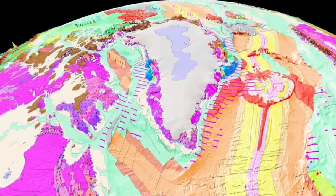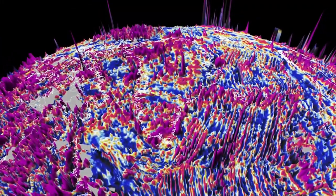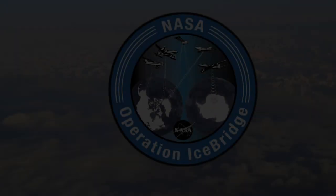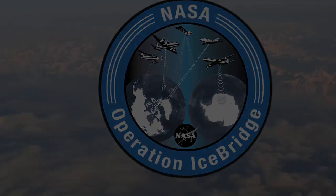Researchers have made a thorough map of the lake body and the area around it. As part of NASA's Ice Bridge effort, aircraft flew low over the ice sheet to collect radar, gravimetric, and magnetic readings, which the scientists then looked at. Ice-penetrating radar made a full map of the land surface under the ice, showing the shape of a smooth, low